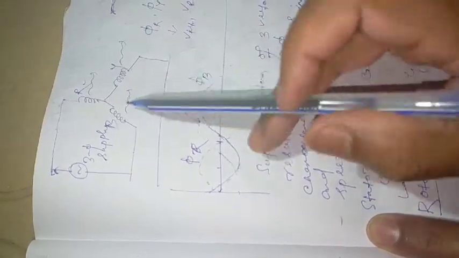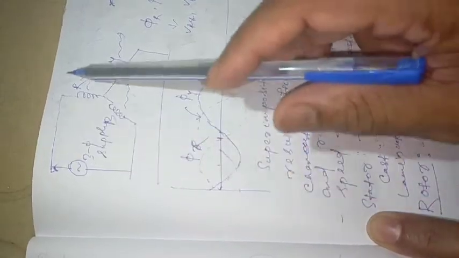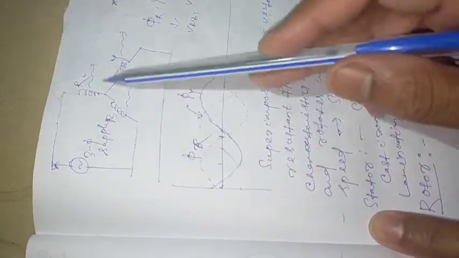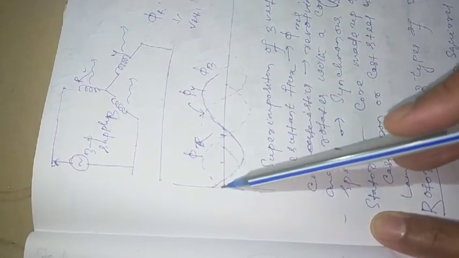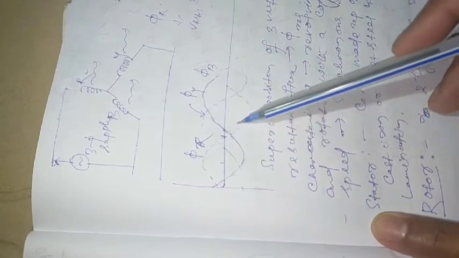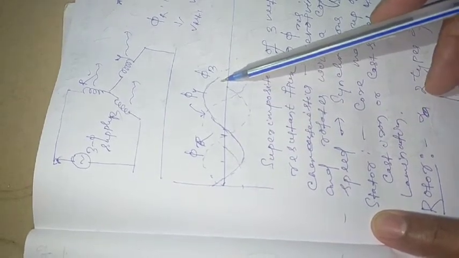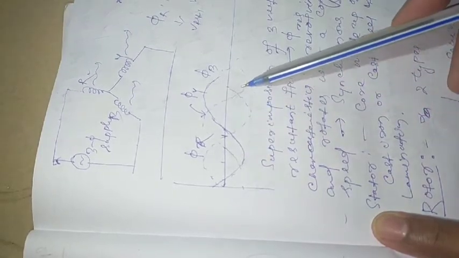So actually this is the system. Suppose it is a star connected three-phase winding. You want to give a three-phase AC supply. Then from each winding you will have one flux. Finally, when you draw the phasor diagram, we can take one flux as reference, red, yellow lagging by 120 degrees. This one I can write as yellow.